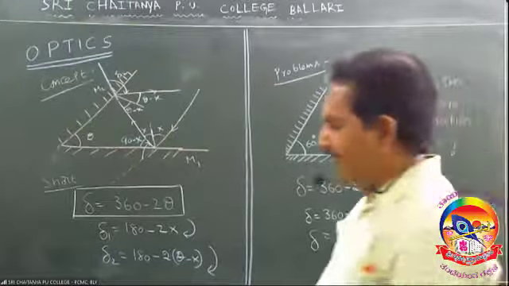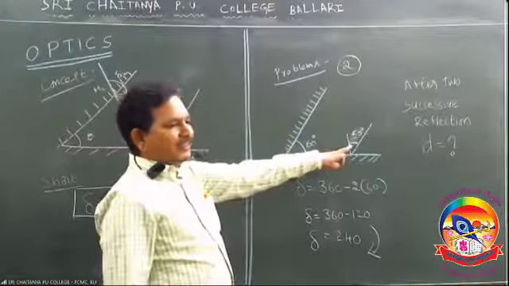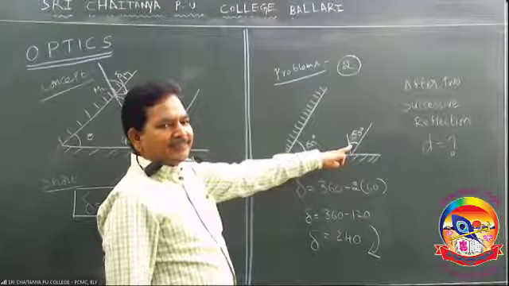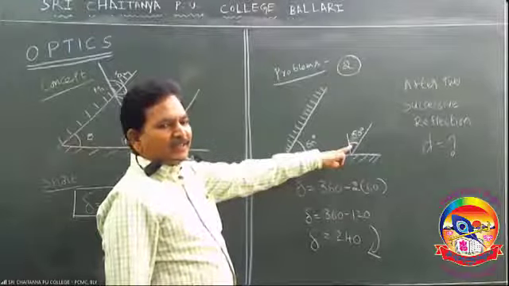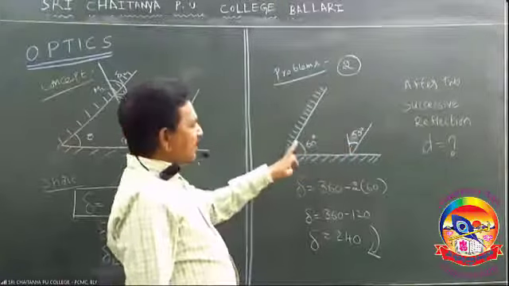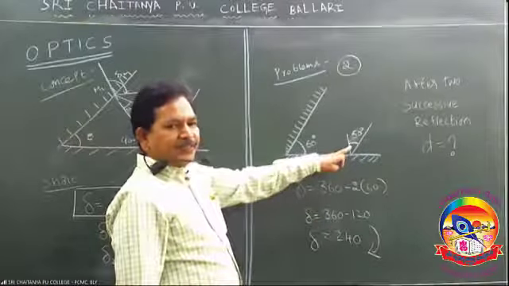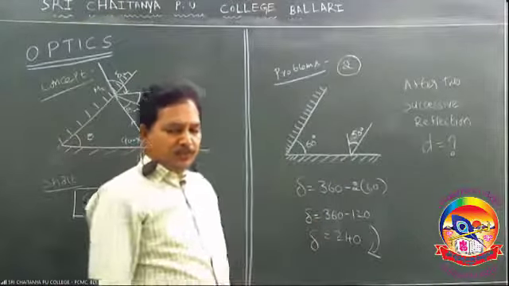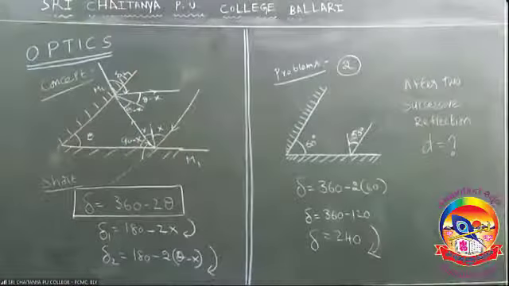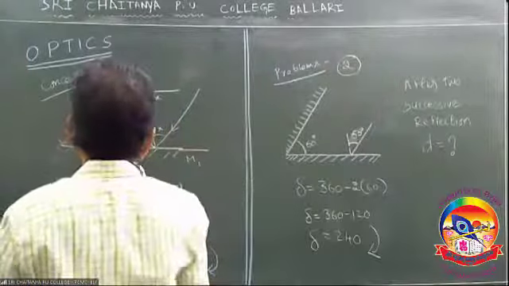Answer is once again 240. Here the angle may be 40 degrees, 30 degrees, 20 degrees, 50 degrees, no matter. I don't bother about that because it is independent of the angle of incidence. It is concerned only with theta. Therefore, if it is 30, 40, 50, the answer is how much? 240 in a clockwise direction. Last week I gave this problem in the exam. You can verify the question paper.